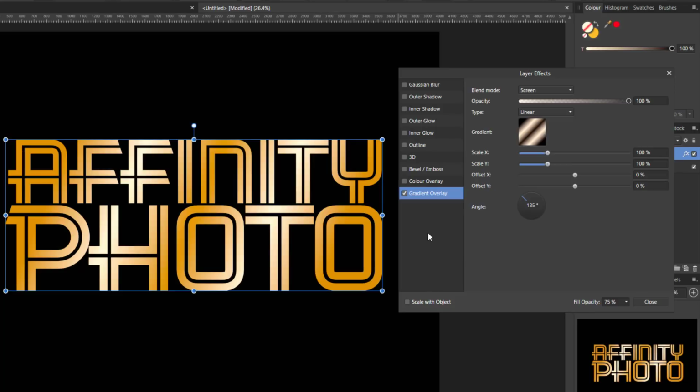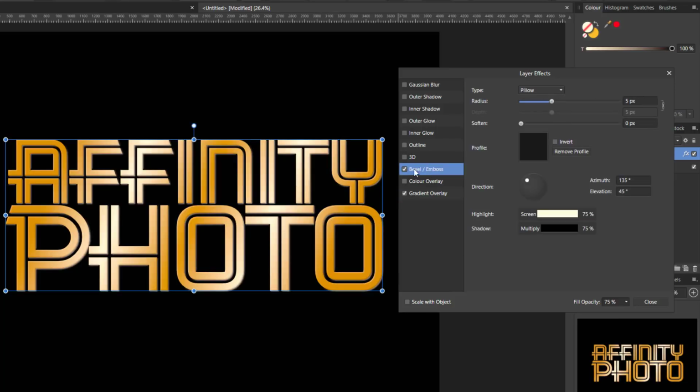The next one we're going to go for is the bevel and emboss. So I'm going to put a tick into there. Click on the wording to get the options. The first thing I'm going to do is change the type from pillow to inner,